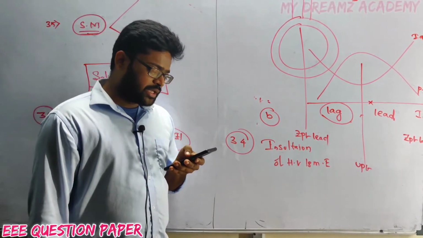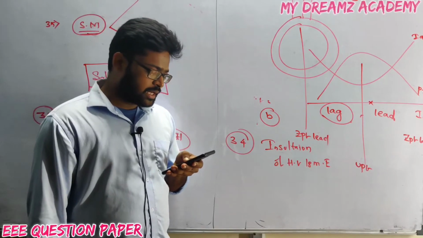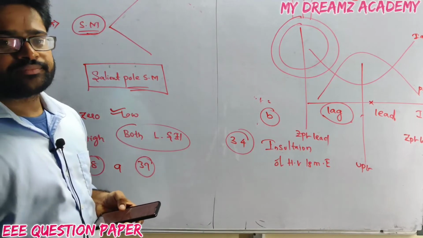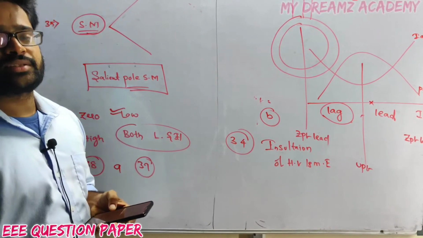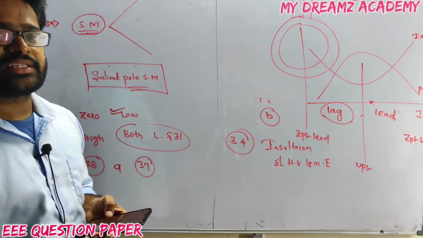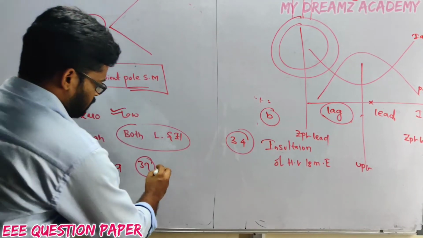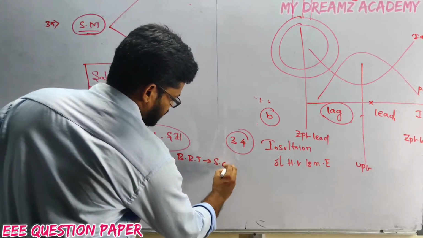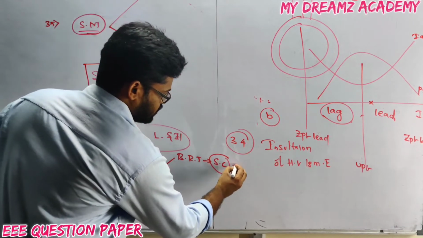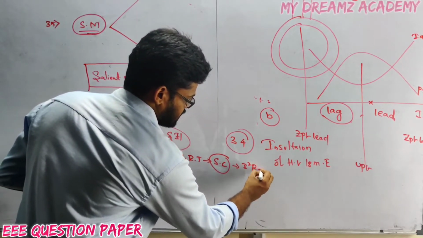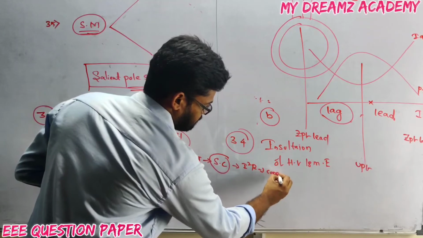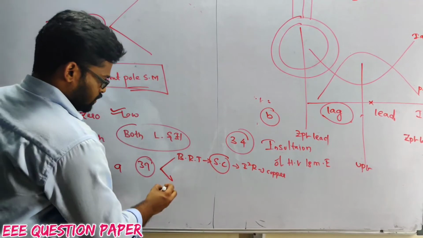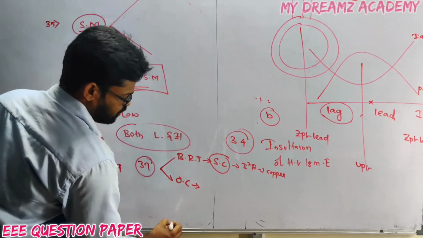The power input in a blocked rotor test performed on a 3-phase induction motor. In an induction motor we have two types of tests. One is blocked rotor test, another one is open circuit test. The blocked rotor test is nothing but a short circuit test, which is used to find I square R losses, that is nothing but copper losses. Similarly, the open circuit test is used to find iron losses.